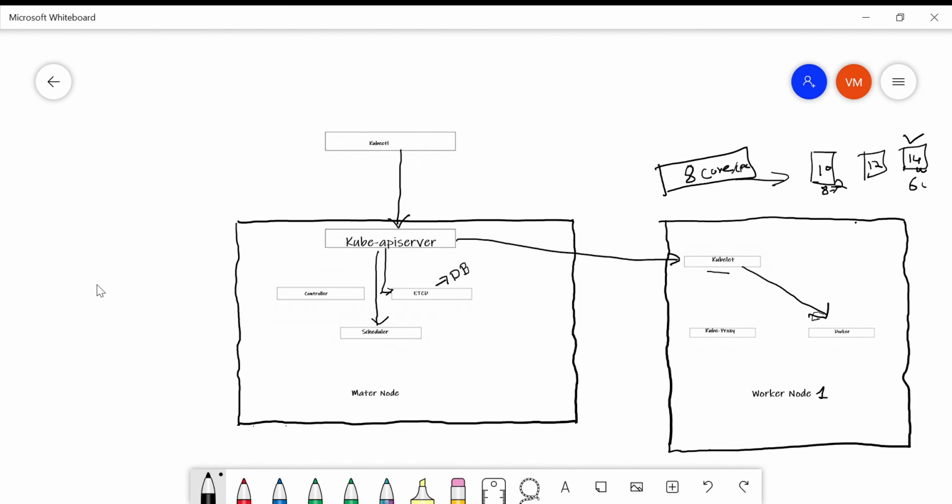and it will give 5 minutes for that node to come up, right? If that node is not coming up, the containers inside the node will be replicated in the other nodes which are available and healthy. So that's the functionality of a node controller inside the Kubernetes controller manager, right?